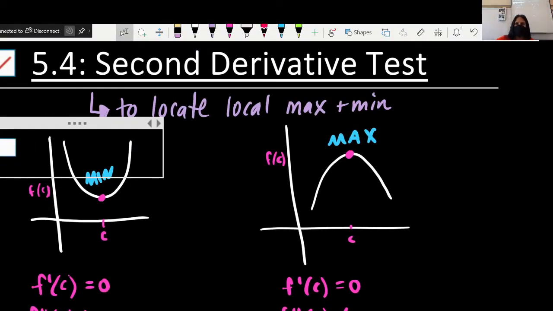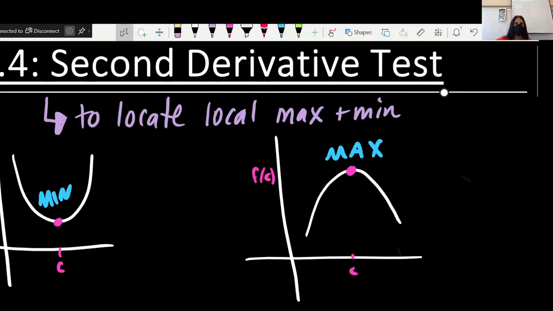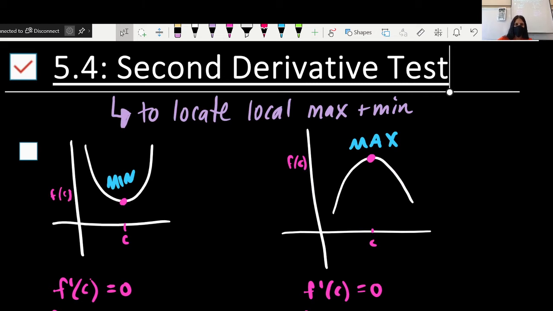Okay, so the 5.4 second derivative test. We would use the second derivative test to locate the local maximum and minimum. And local maximum versus global, remember we talked about that a few lessons ago? So local max and min is just the one within the area that you're looking at, which is usually what we're working with anyways. So if we take a look at this graph that's on the left here,